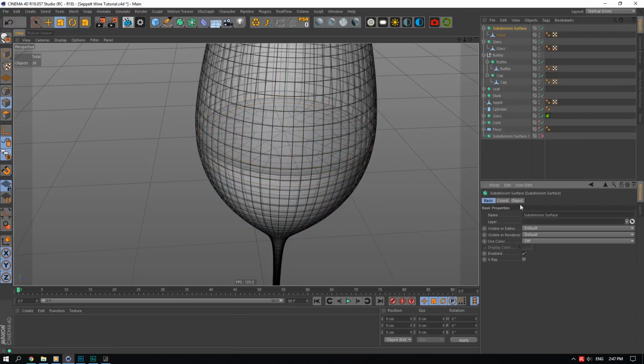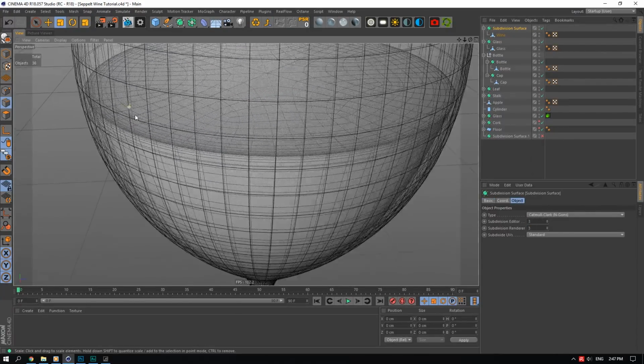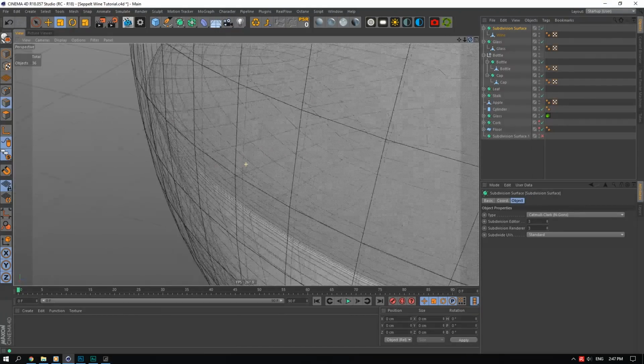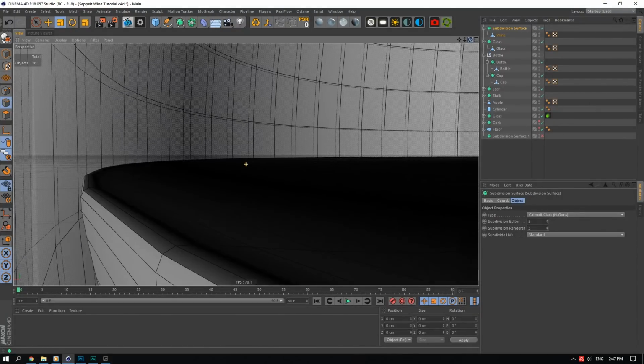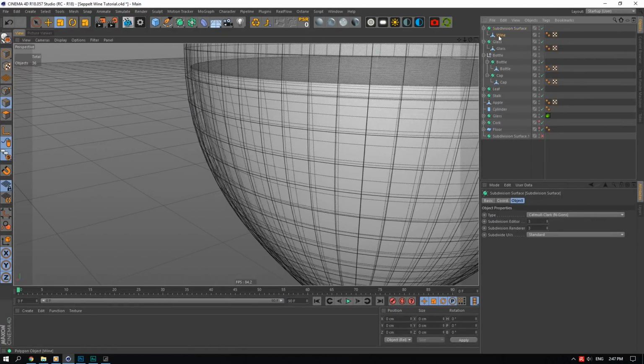Maybe if I go and change this to 3. Oh, 3, not 6. 3. Take another look. You can see it's not going through the glass. This is what we want. There is a bit of a gap there, so I might go and just